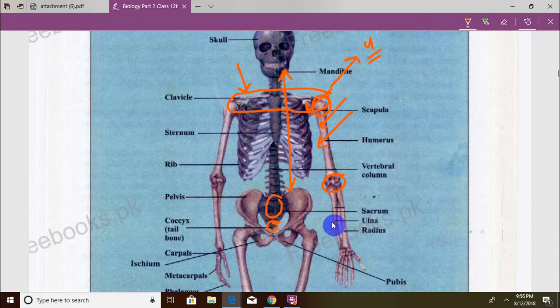The ulna is this one and the radius is this one, and the radius and the ulna also have a joint with each other called the pivot joint, which allows their rotation relative to each other,